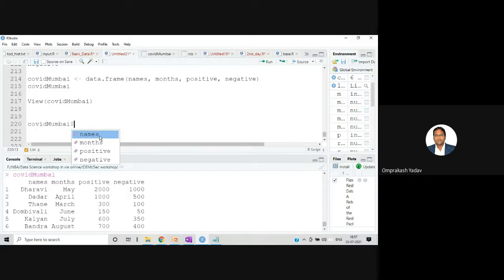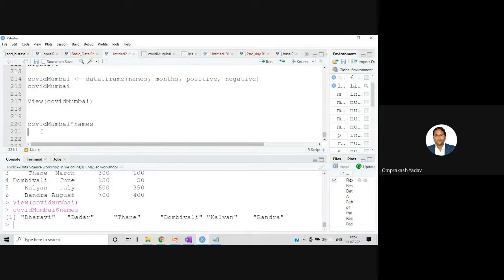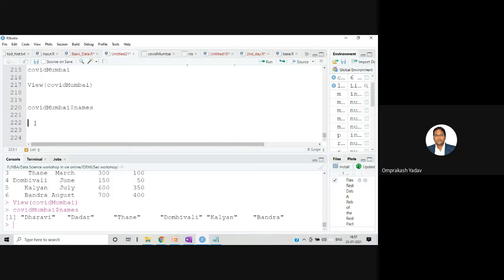So if I say names, it will display the COVID Mumbai names, right? So we can access with the help of the dollar sign with the data set variable name all the columns of that particular data set. Similarly, if you want to access COVID Mumbai dollar, let's access this positive, so I'll say positive.